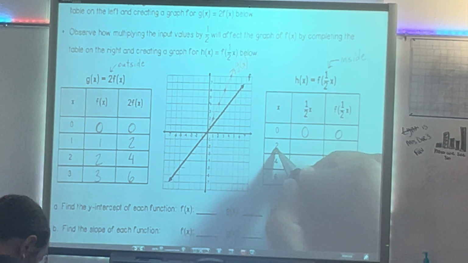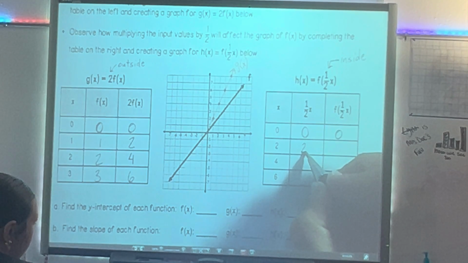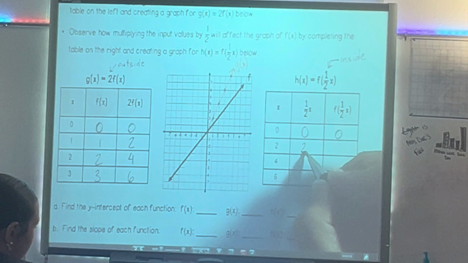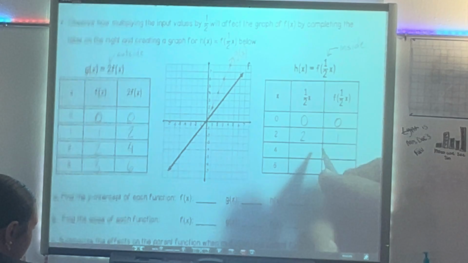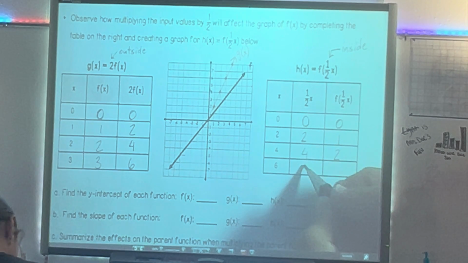If I make my x value 2, why do you think they chose 2? What are we multiplying by? A half. Well, if I multiply a half by 1, I'm going to get what? A half. We don't want to graph halves. So they chose 2 so that I would end up with 2 times a half is what? 1. Then they chose 4, which is going to give me what? 2. Then they chose 6, which is going to give me